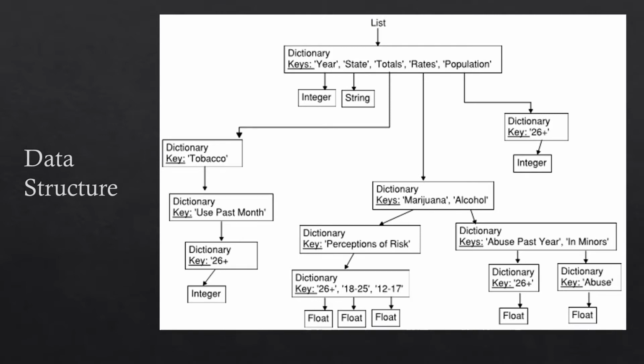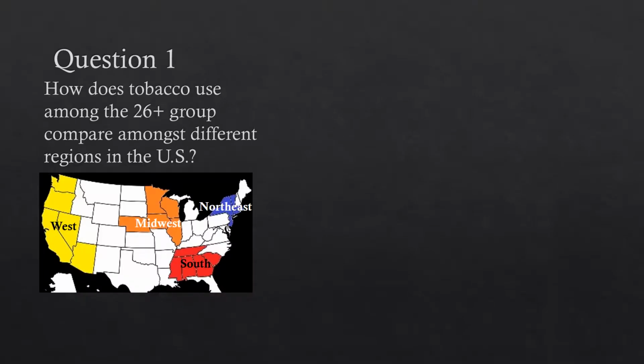Abuse past year was a dictionary containing some keys, and I used the key 26 plus, which returned a float value. And in minors was a dictionary containing 2 keys. I used the key abuse, which returned a float value. And population was a dictionary which included 4 keys, and the key that I used was 26 plus, which returned an integer value. The first question I asked was, how does tobacco use among the 26 plus age group compare